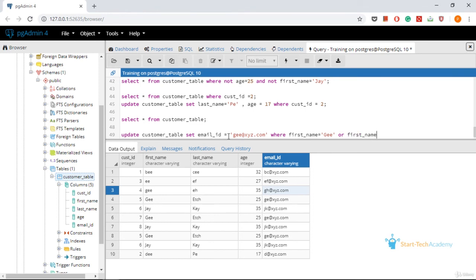You can notice that we are using the OR operator to give 2 conditions at the same time.